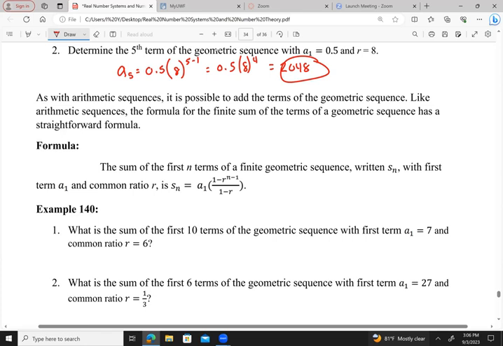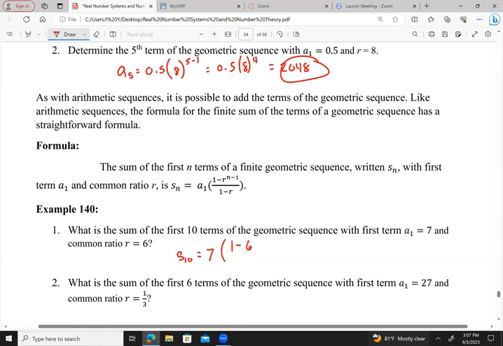So, what is the sum of the first 10 terms? The thing here is we don't need the 10th term. We don't need the nth term, like we did when we did arithmetic sequences. So here we have a1, so S sub 10 equals a1, which is 7, times 1 minus r, which is 6,